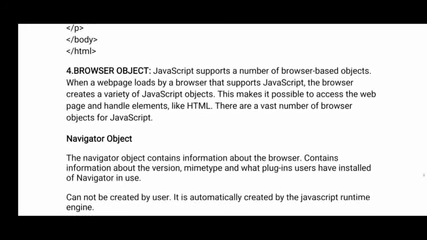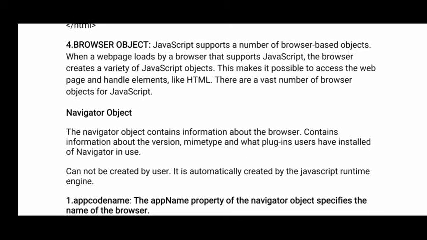Okay. Now come to one more object, the browser object. See, we have a browser window. So the browser window itself is called an object. It stores what the browser name is, what the version is, what code they have used, and what plugins are added to the browser window. Everything is stored inside the browser object. This browser object is also called navigator. It's a very important object. Sometimes they will ask you about this object only, in short.